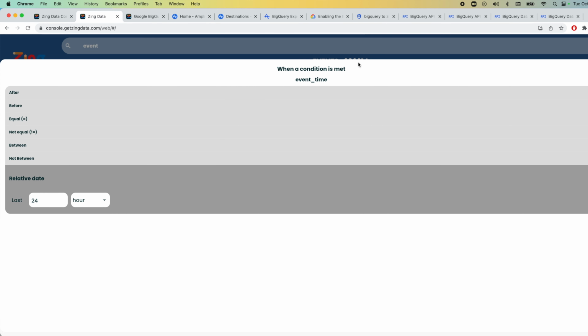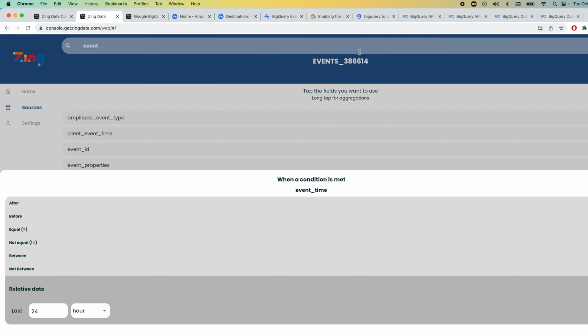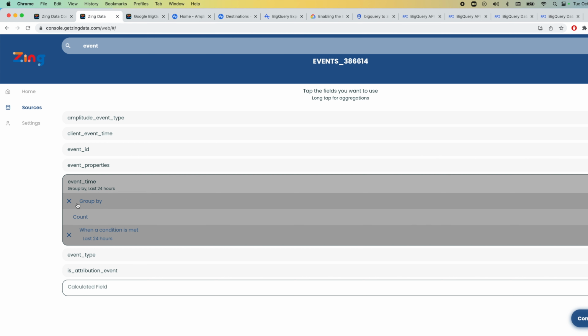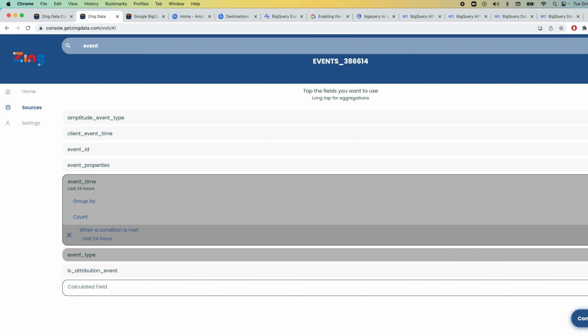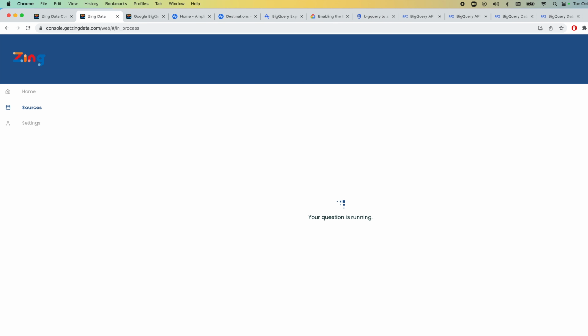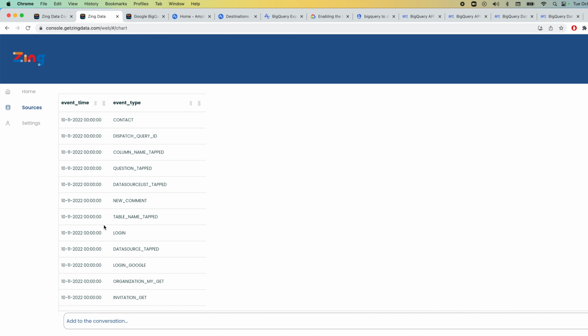So if I check this tomorrow, it will represent today's data as an example. So I'm going to pull the last 24 hours using the relative date option here. And maybe I'll also add event type. Great. Now I hit continue, run this query, and I'm able to see from all my Amplitude data the stream of events